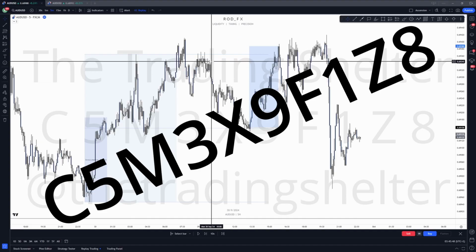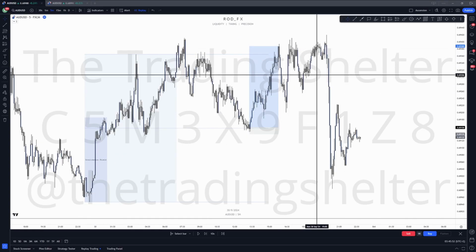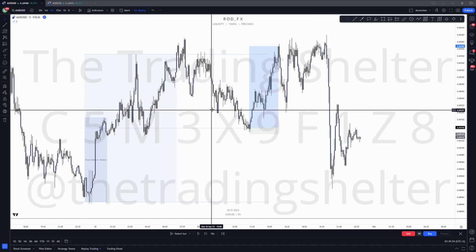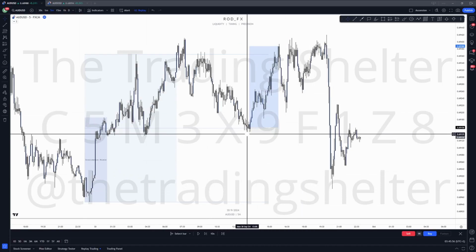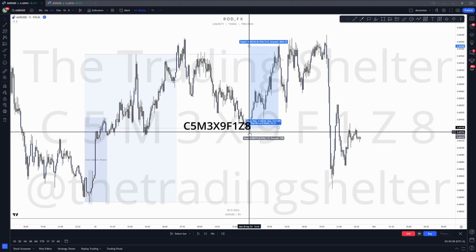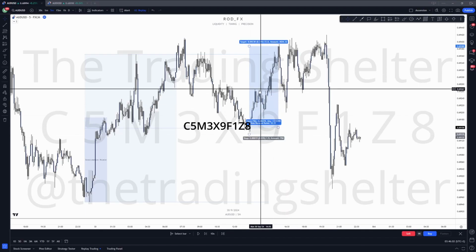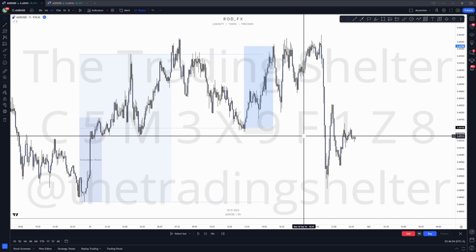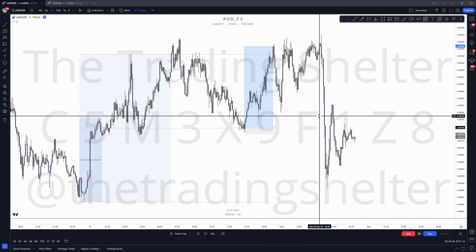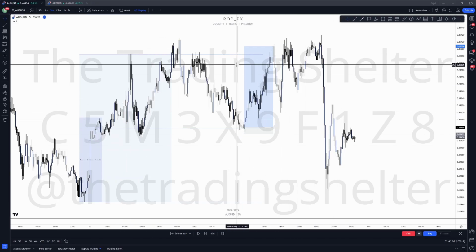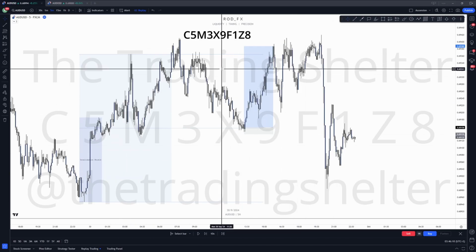Right, AUDUSD, September 30th. This is the trade you guys requested for me to break down. Basically, I took this trade early morning, woke up, I took the trade. So this is what we're going to be talking about today. I'm going to go on a full walkthrough until we are at my position.